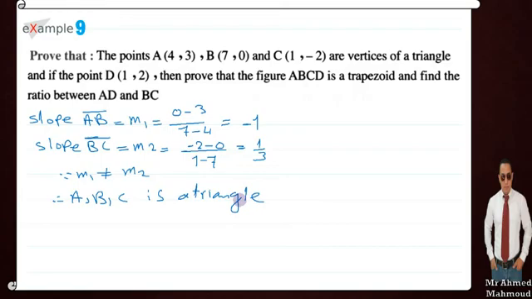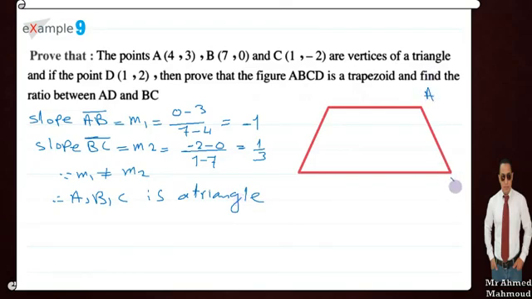To prove that the shape is a trapezium, let A, B, C, D be a trapezium. So I will find M1, M2, M3, M4. M1 and M3 must not be equal, and M2 and M4 must be equal. Okay, two lines are parallel, and two lines are not parallel. Now I need M3,